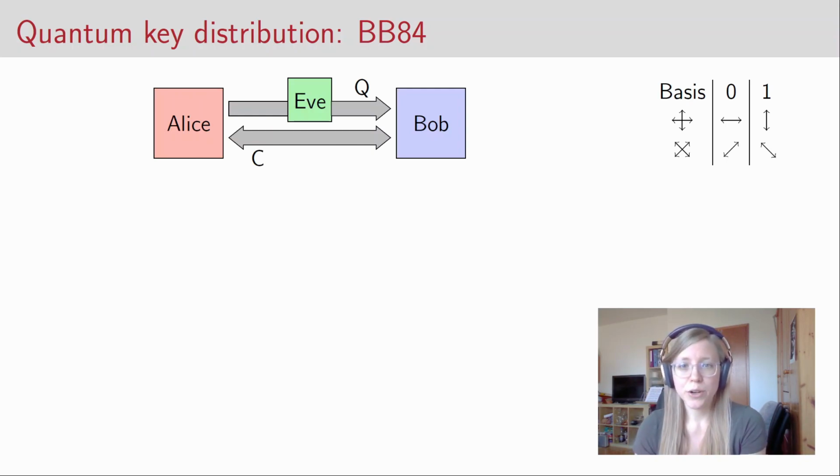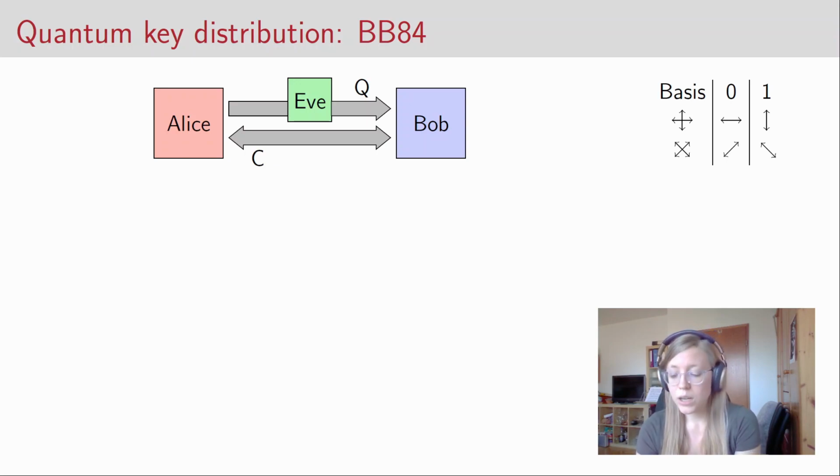Okay, then the basic setup is the following. Again, we have our two parties, Alice and Bob, who want to communicate with each other. They want to create a secret key, so a key that can then be used in the one-time pad encryption scheme, for example. Alice and Bob have access to a quantum channel where they can send quantum states. For this example, we only need a quantum channel where Alice can send quantum states to Bob, but in principle, you could have a channel where also Bob can send quantum states to Alice. They also have access to a classical channel where they can both send classical messages back and forth.